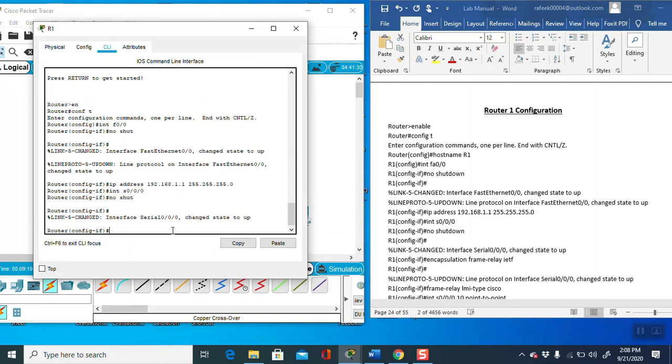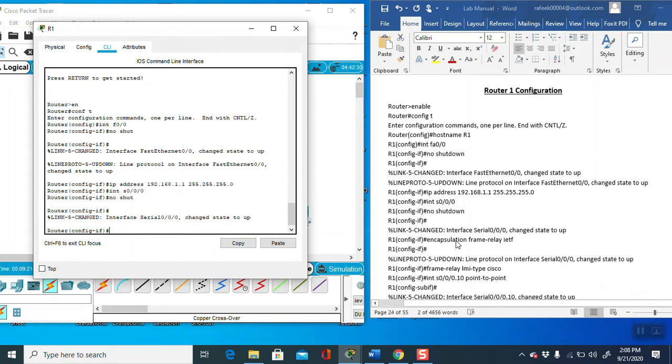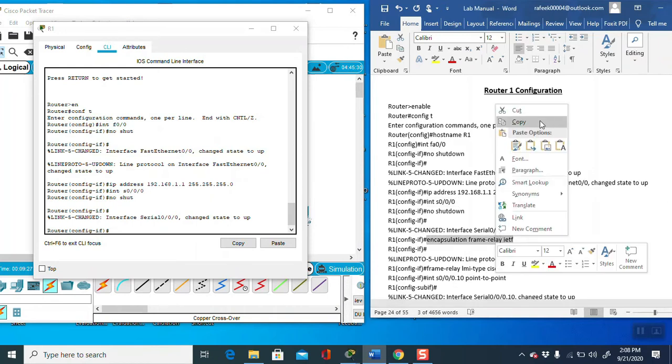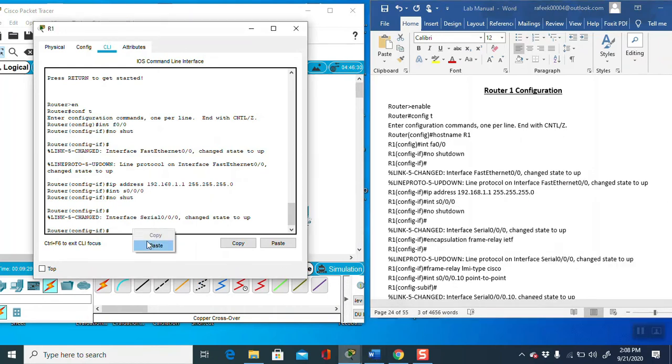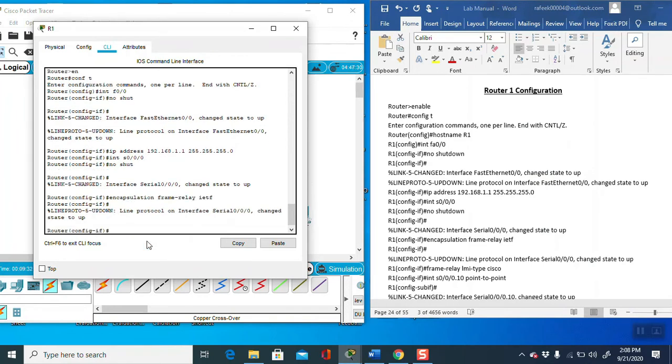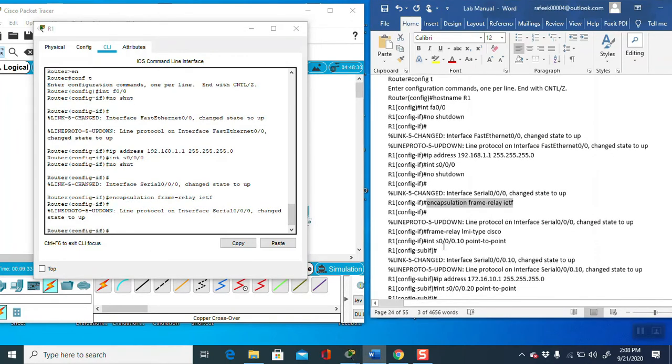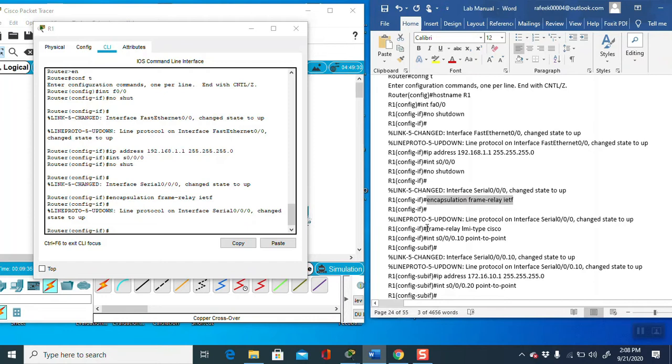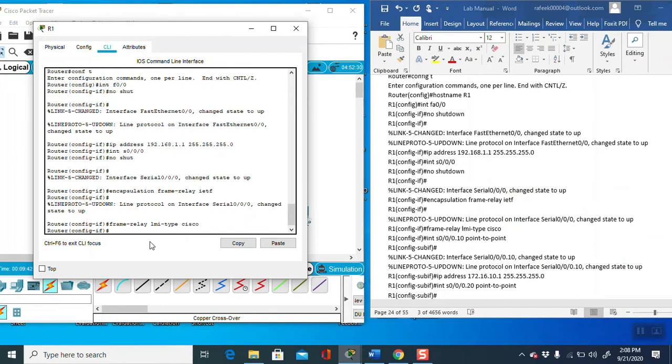Now change the serial. Now put encapsulation frame-relay, copy and paste here, no problem. Now here write frame-relay LMI, paste.